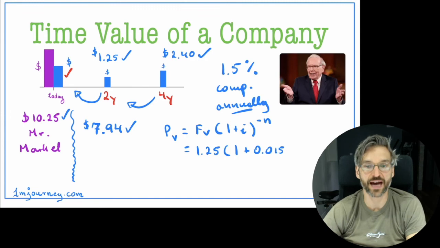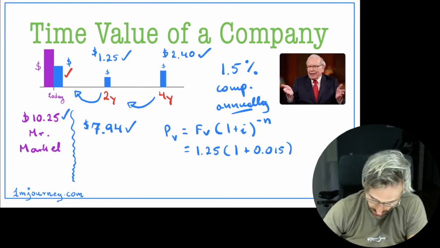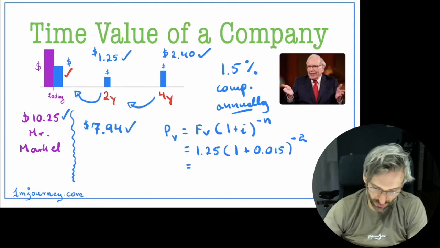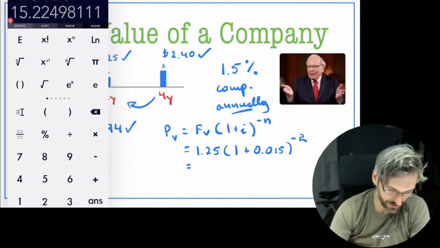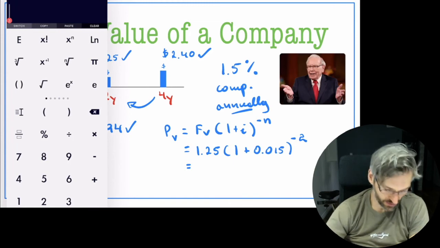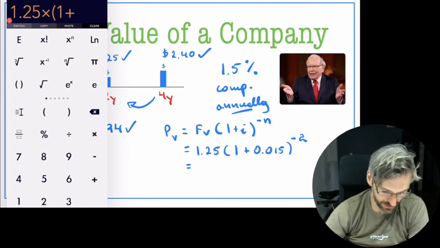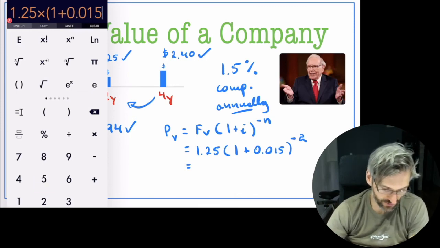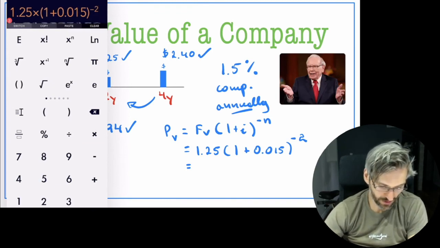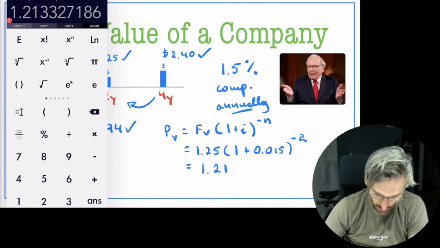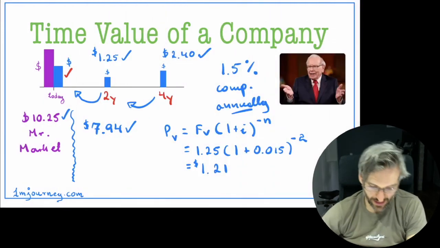It is compounded annually, so n would be 2. Now let's compute that out. I have $1.25 multiplied by 1 plus 0.015 to the power of -2, equals... Notice it drops to